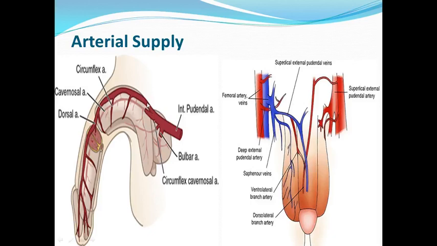And the third is the dorsal artery of the penis. You can trace this big artery along the length of the penis, which is the dorsal artery of the penis. This dorsal artery of the penis supplies all three erectile tissues as well as the glans penis and the distal parts of the corpus spongiosum too. So the proximal half of the corpus spongiosum is supplied by the bulbar artery, whereas the distal half is supplied by this dorsal artery of the penis.